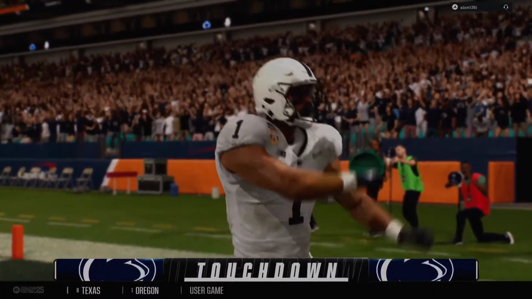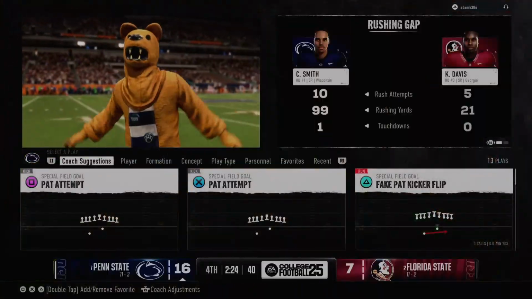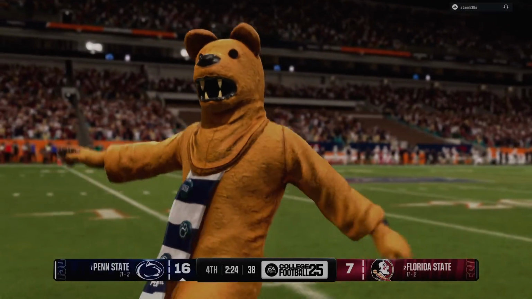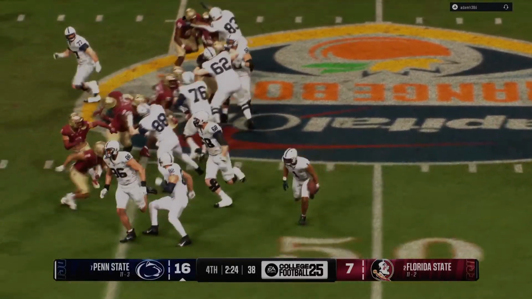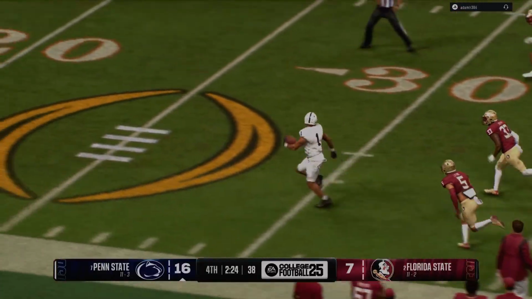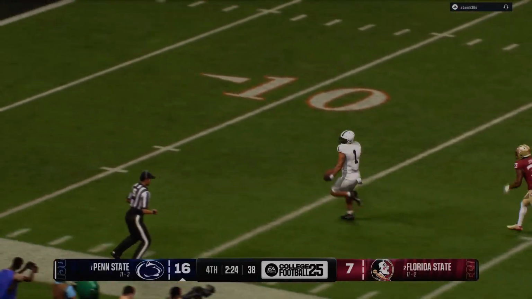Touchdown, Nittany Lions. Just all week I wondered if this back might get loose and come up with a big play like this. The defense had their back turned, couldn't really see where he was. By the time they realized it, he just had too much speed, and he's able to take it to the end zone.